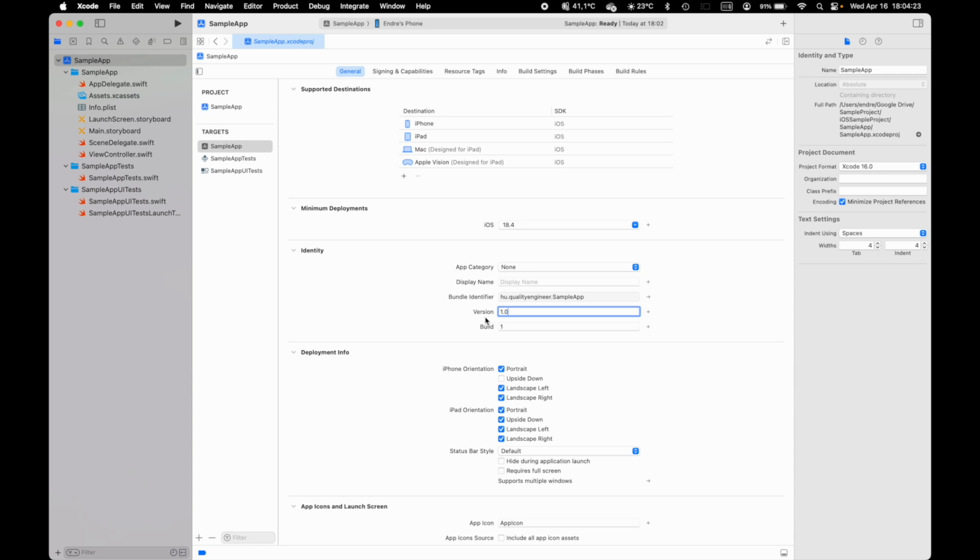So you have a main version number, a subversion number, or even a third version number. I usually use 3 digits here. So let's say that the first version will be 1.0.0. And there is a build number, which is a bit weird actually, because you can define this build number here, but what I used to use, and this is what I want to explain to you in this section,